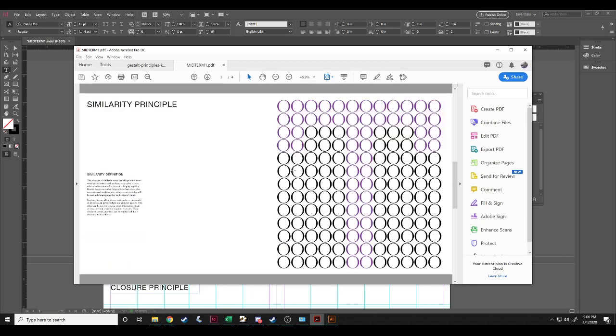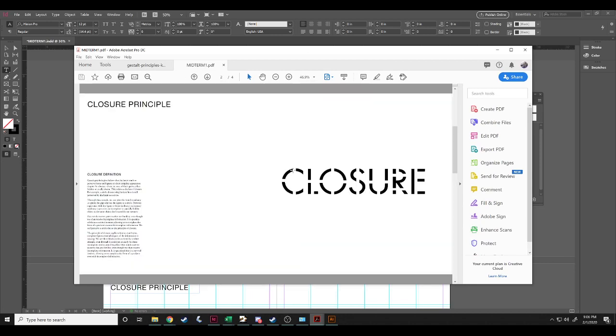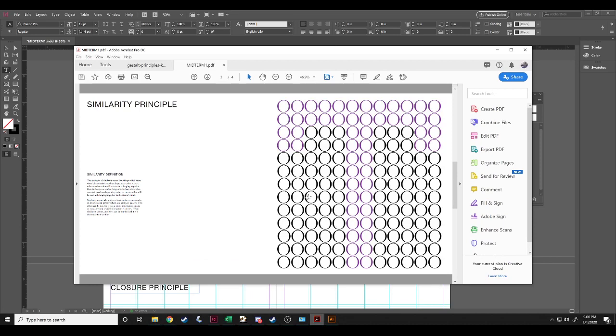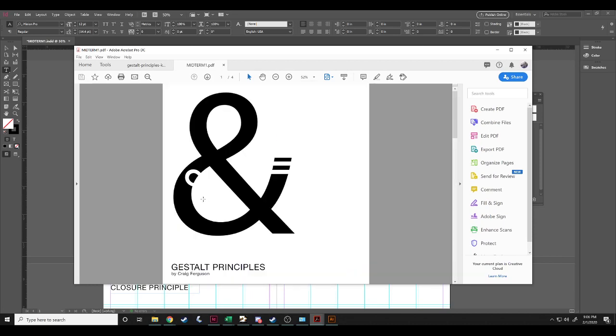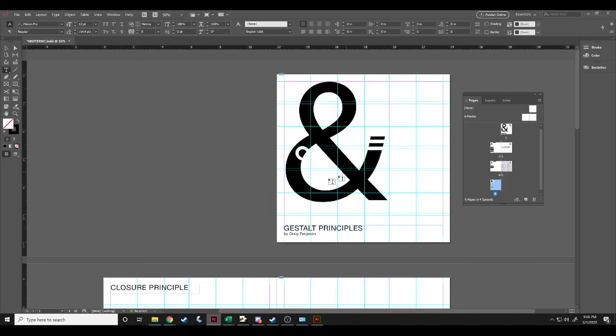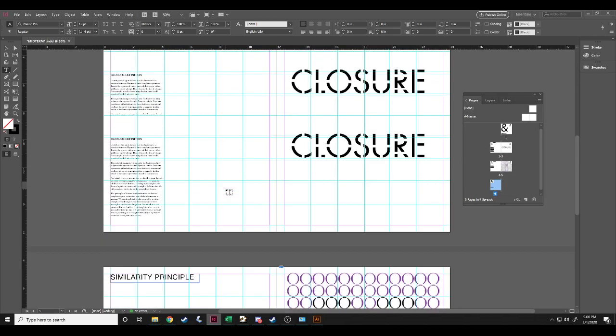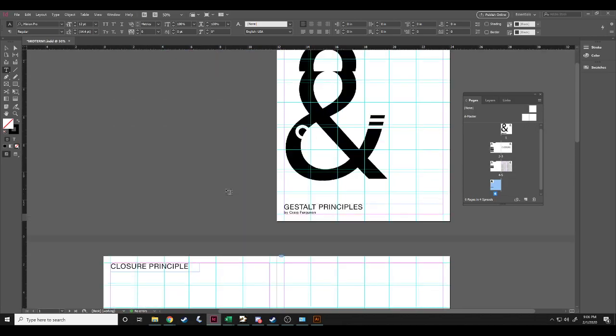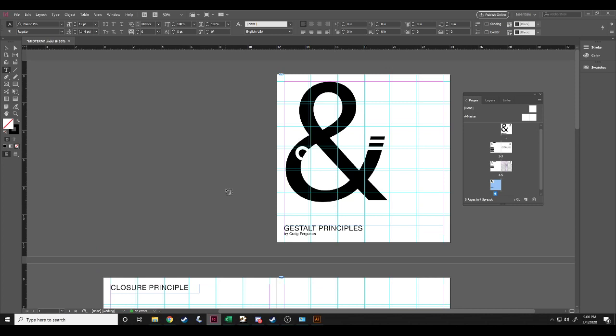Make sure you double check your spelling, make sure everything looks nice and clean. And that will pretty much complete your midterm after you finish the other principles, of course. But that should help everybody that's new to InDesign and maybe new to Illustrator for now. I'll make some more videos later, but for now, this is